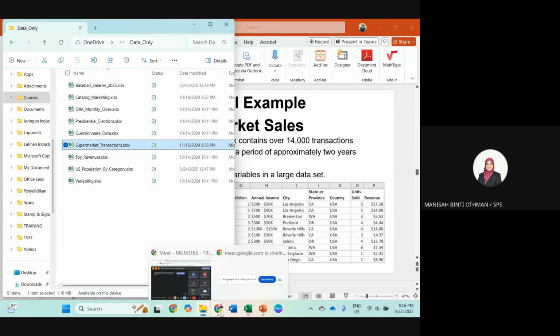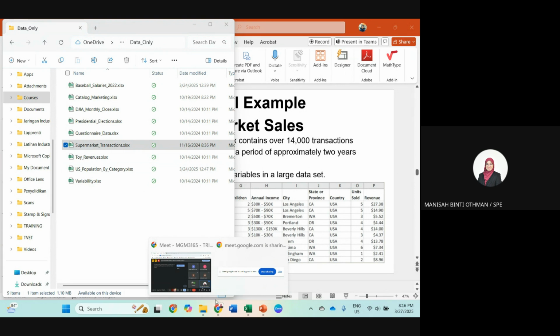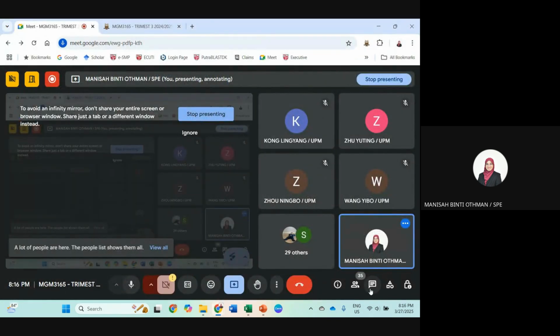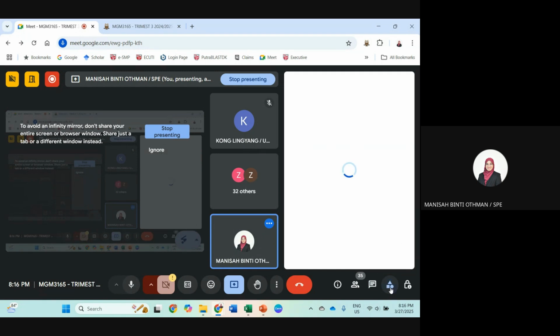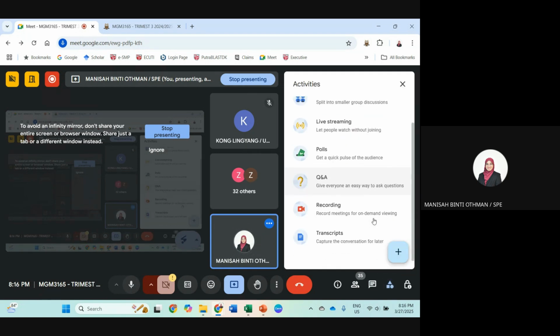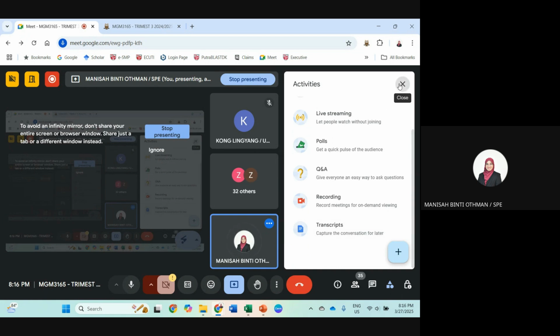Let me share in the chat area? Google Meet cannot share file. Okay.